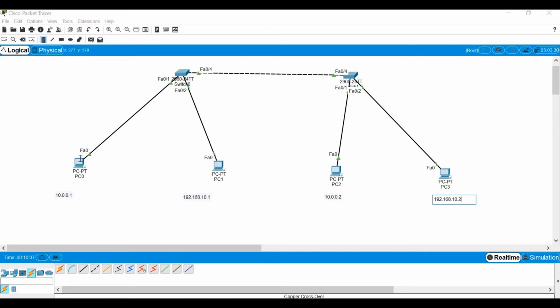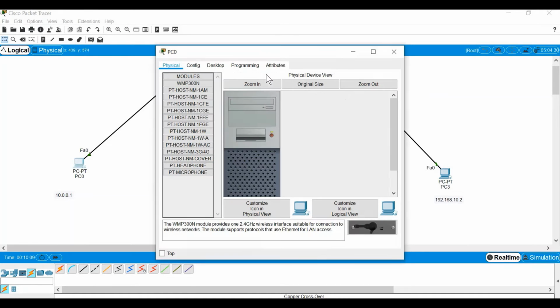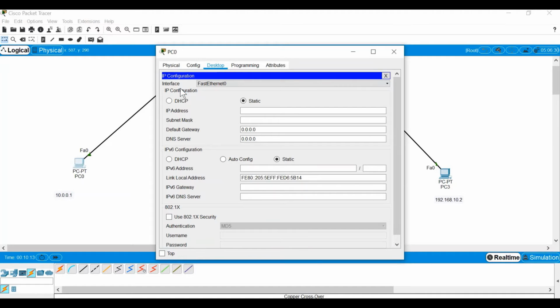Let us go and assign the IP addresses first. I'll go to the PC, to Desktop, IP Configuration.